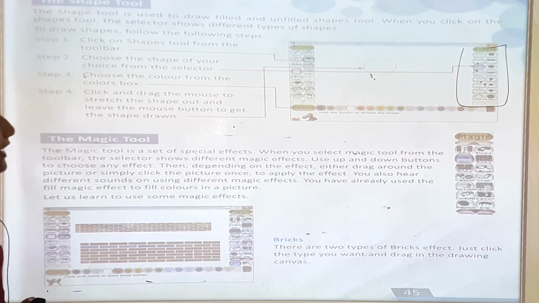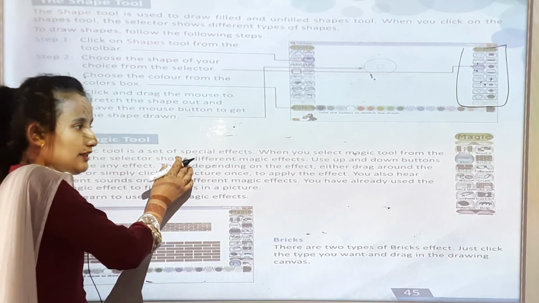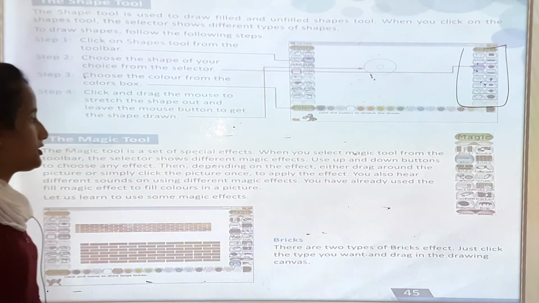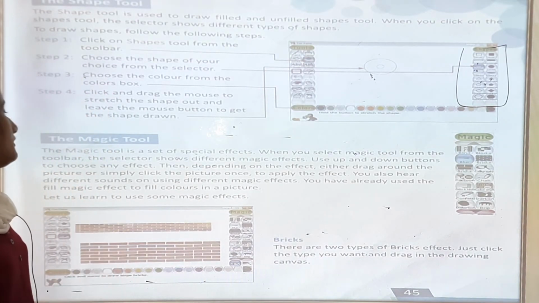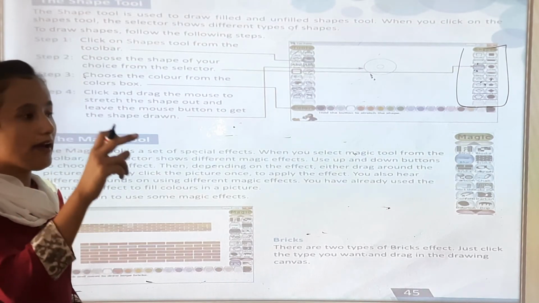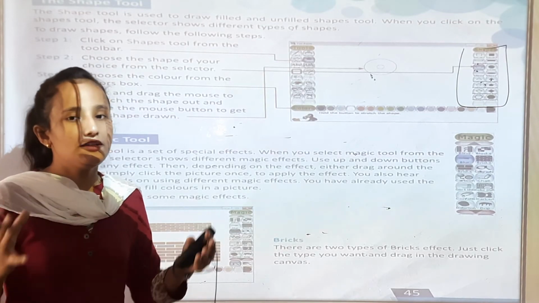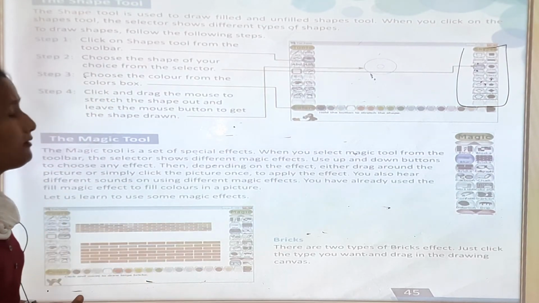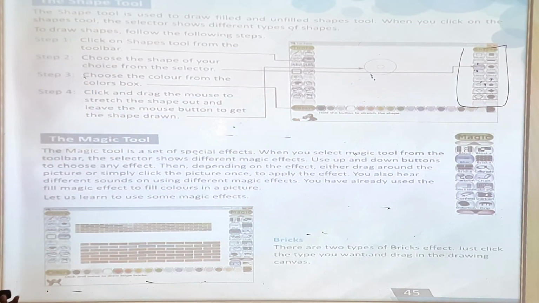When you select the magic tool from the toolbar, the selector shows different magic effects. Use the up and down buttons to choose any effect.